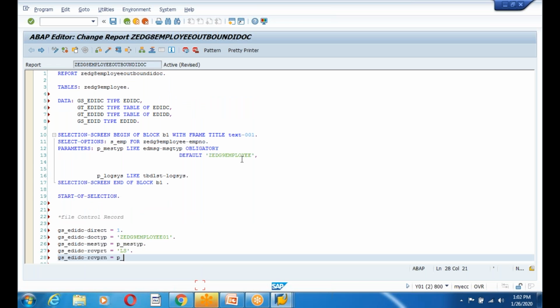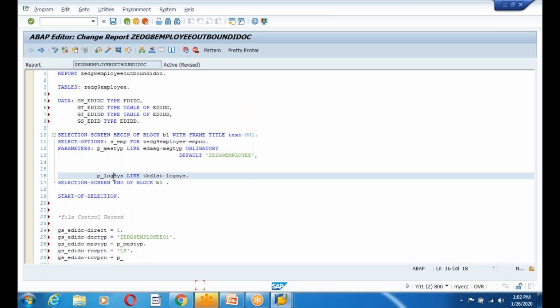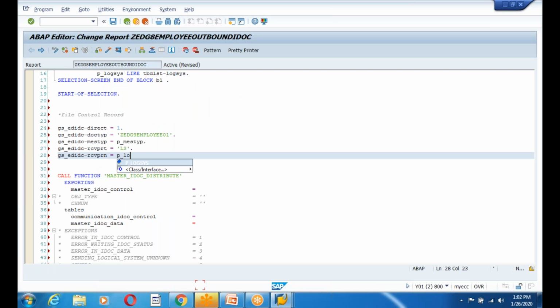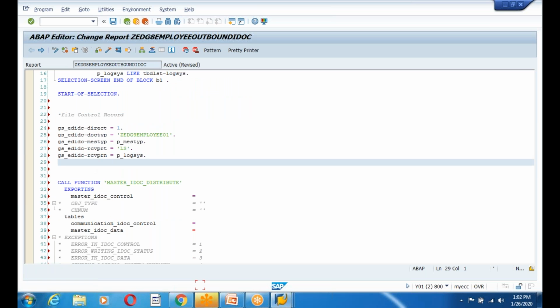So something we are inputting, so P_LOGSY, yes, and append GS_EDIDC to